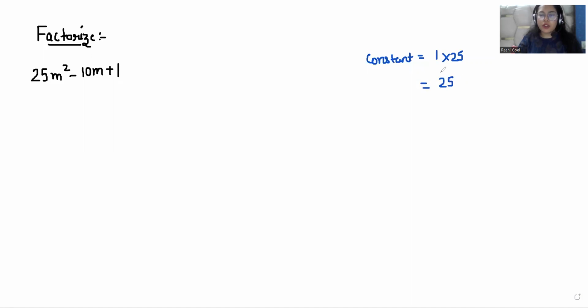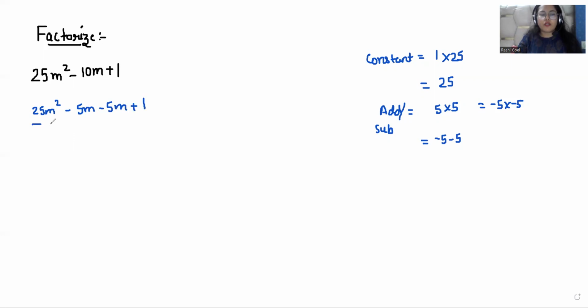Now I have to break this 25 so that I get the sum or subtraction of the middle term. So I need −10m. So 25, I can write it as 5 times 5 is 25, or −5 minus 5 is −10. So I can also write it as −5 times −5, that gives us plus 25, and −5 minus 5 gives us −10. So I'm going to replace the middle term with −5m